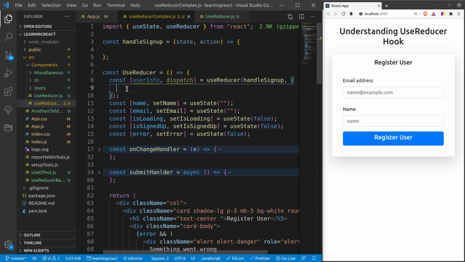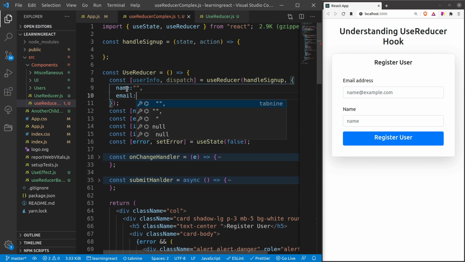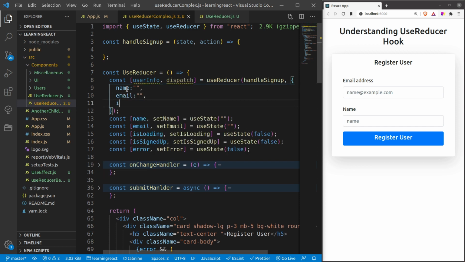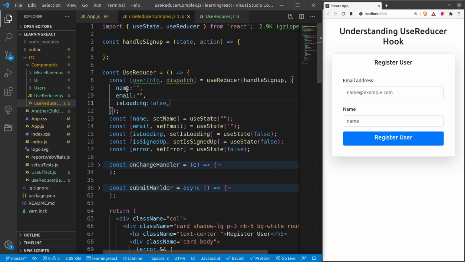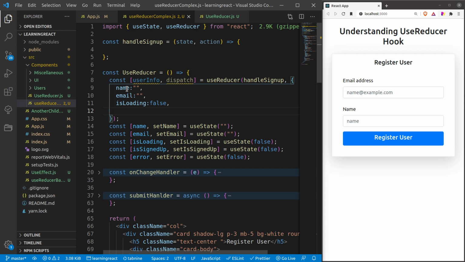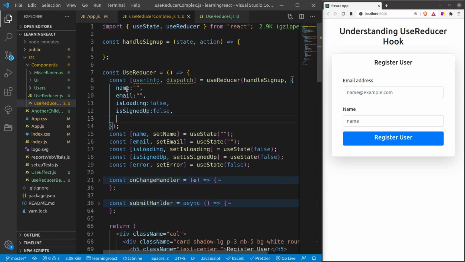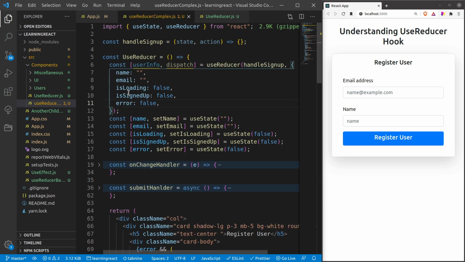So now I'm going to use all these states: name, email, right? And then isLoading false, right? And then isSignedUp as false, and then error as false. So I have set the default values.